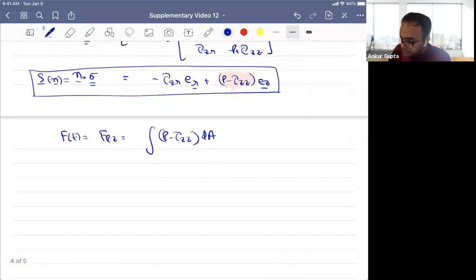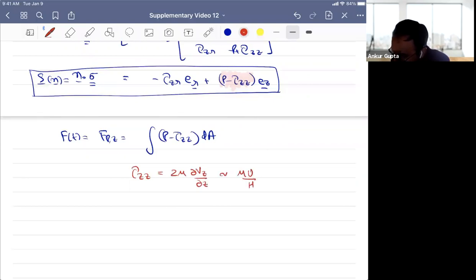Tau zz is equal to 2 mu del Vz by del z, and this scales as mu u by h, because Vz scales as u and del z scales as h. Whereas pressure scales as mu u r square by h cube,